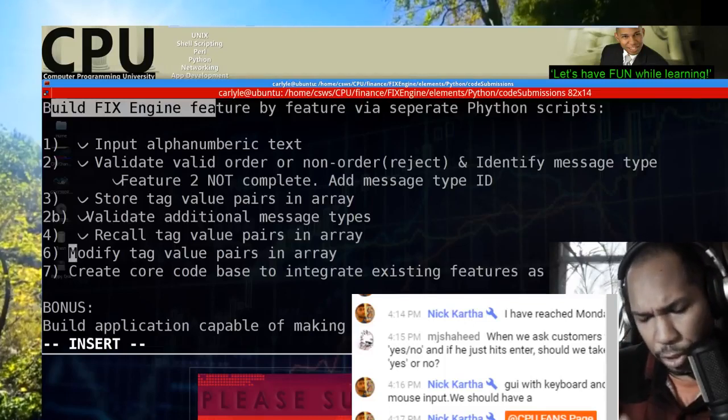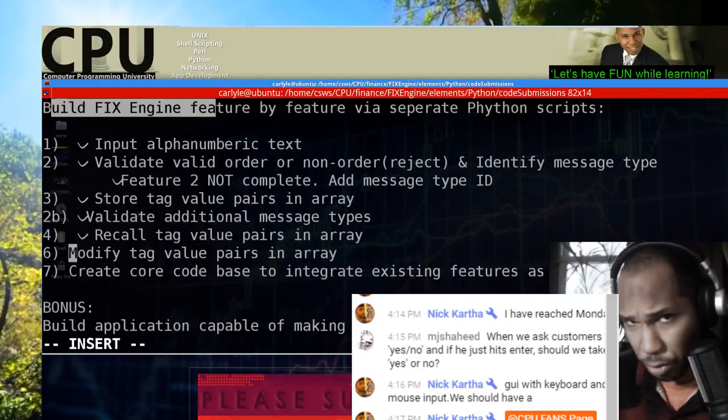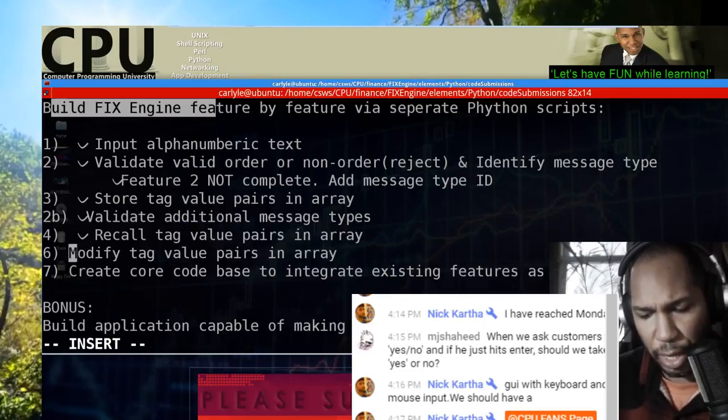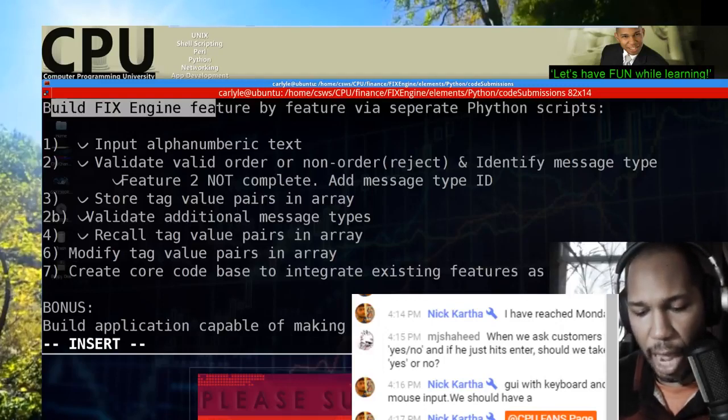So the application takes your request, formats it in a fixed message format, right? Which is tag equals value pairs, similar to a list in Python, a very, very similar construct. So format it that way, deliver that to the fixed engine, and then have the fixed engine take that message and pass it off via TCP/IP connection to another fixed engine, which would at a minimum receive the order in terms of acknowledge it. If we can do that, I would consider that a tremendous success.